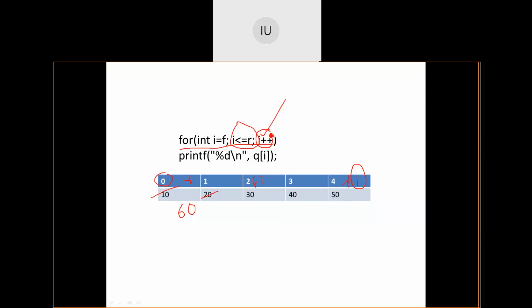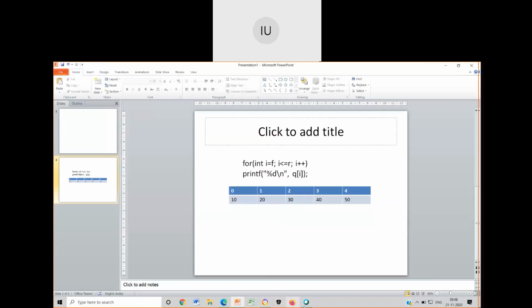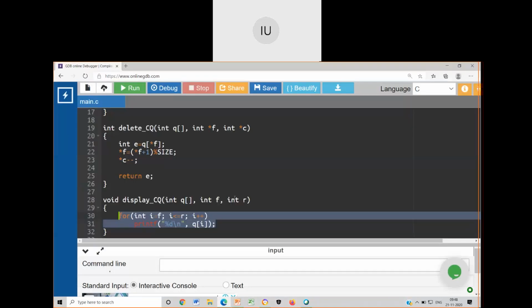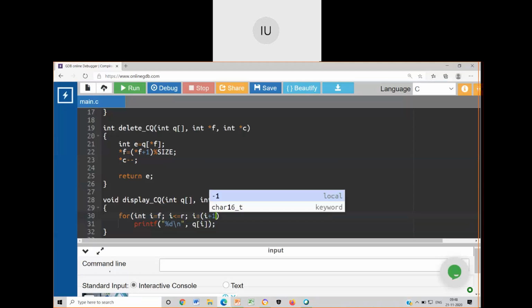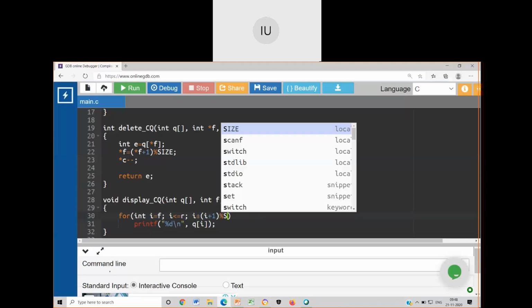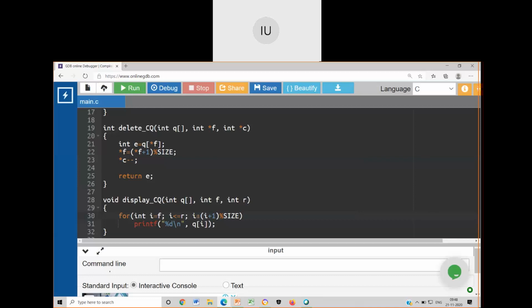Okay, let me do the modifications, then you will understand it. First, the modification that you have told, I will do that first so that you be happy. I is equal to I plus 1 mod size. Okay with this? Then instead of writing less than equal to, I'll write I not equal to rear. Now we will just cross verify this.